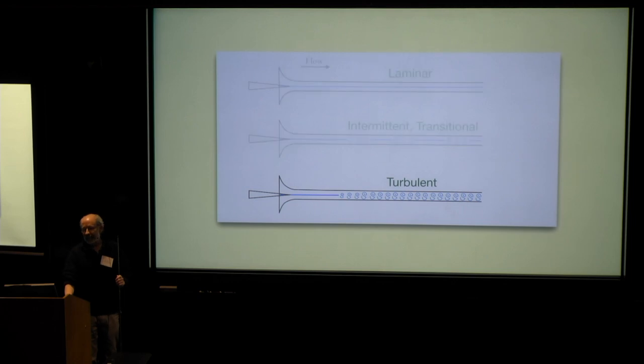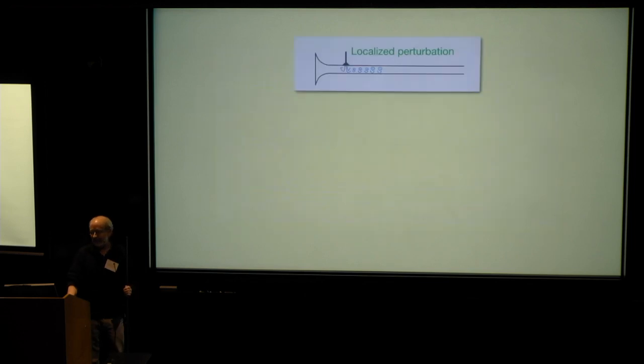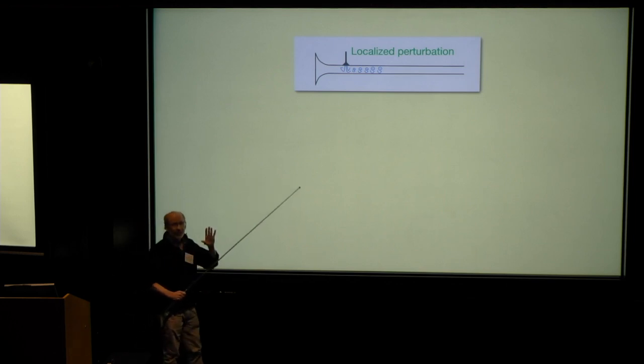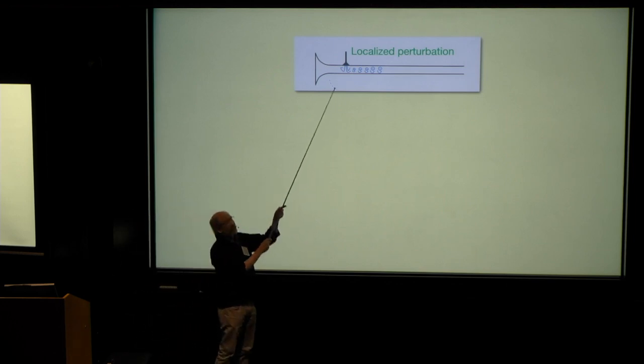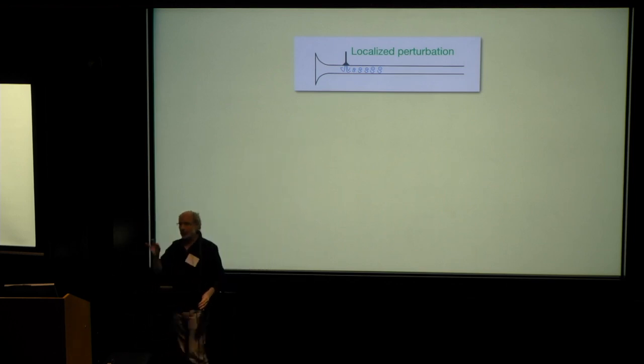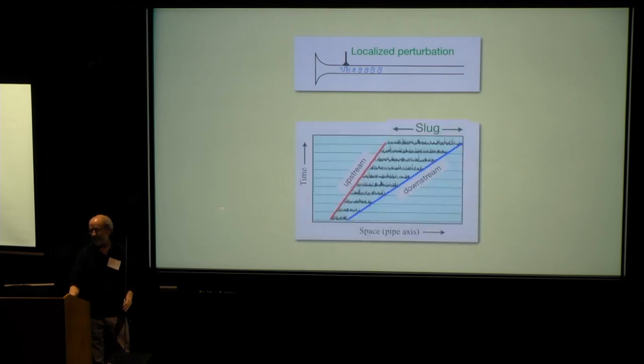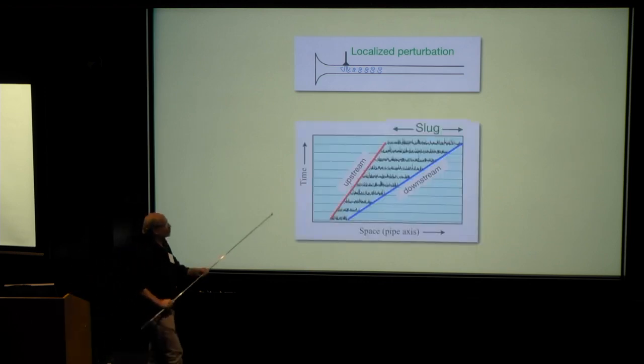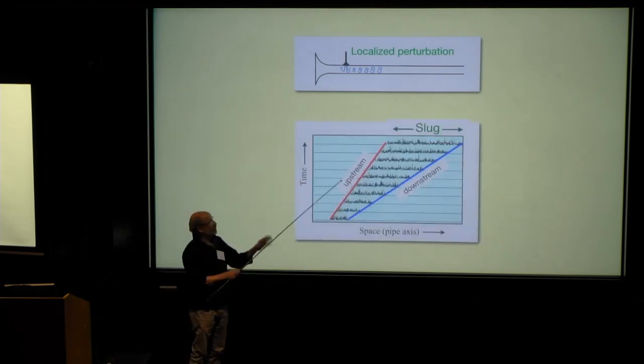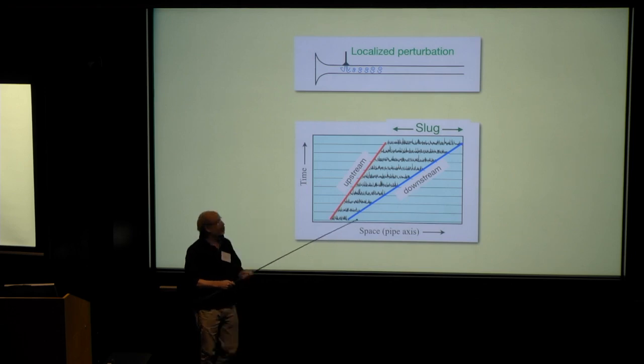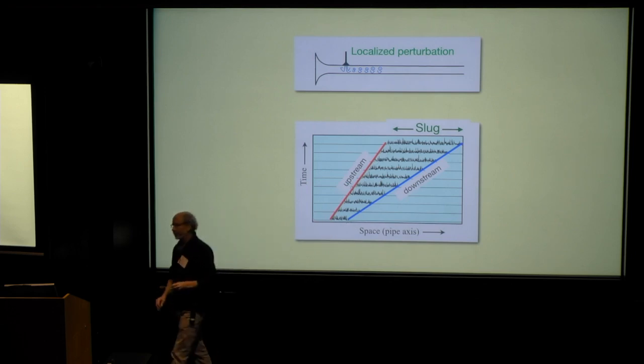So let's go back to this, and I just want to consider very quickly what happens at high Reynolds number, all right? The understanding of this goes back. It's classical. So let's look at what happens. You take a pipe, what an experimentalist would do if they're being careful, unlike, well, I don't want to say Reynolds wasn't careful, but you would control it. You introduce a perturbation, a localized specific perturbation, and you watch it grow, and it evolves downstream in space and time, and that perturbation is spreading. It's called a slug in this field, okay?